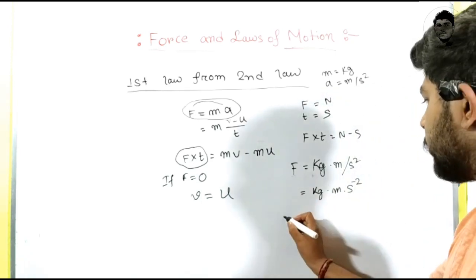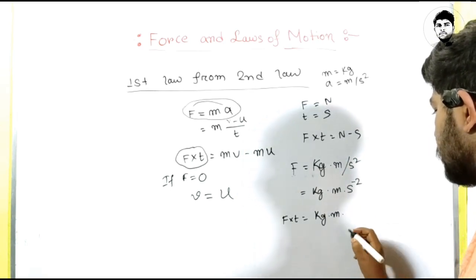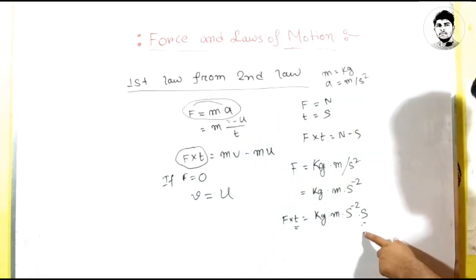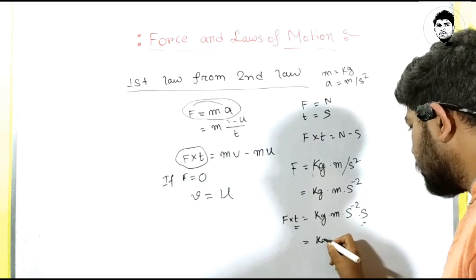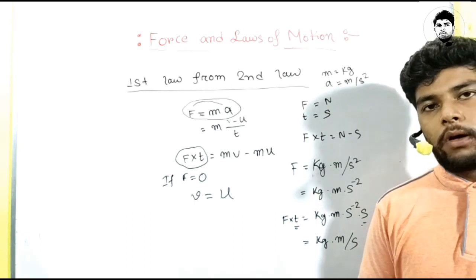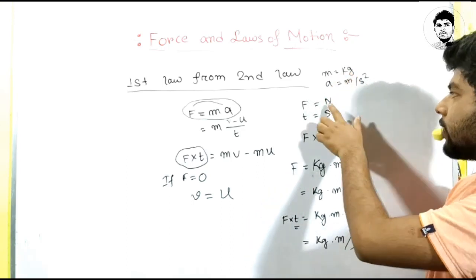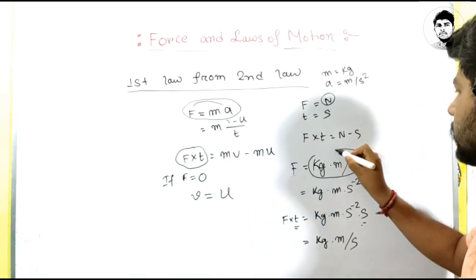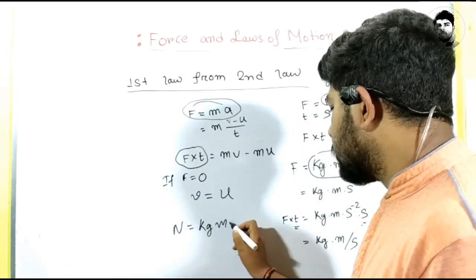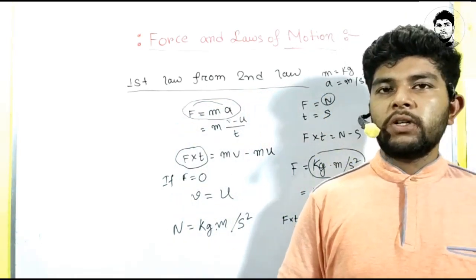So in this equation, if we calculate the unit of impulsive force, we have to multiply this term with a second. For this term we just put here a second. So what we get? Kg meter per second. This is also the unit of impulsive force, and the unit of force is this. So this Newton and this term are the same. That means Newton means kg meter per second square. This is the relation between Newton and kg meter per second square.